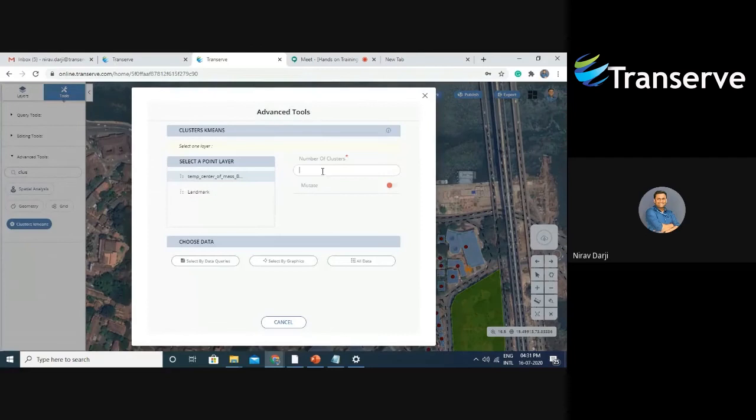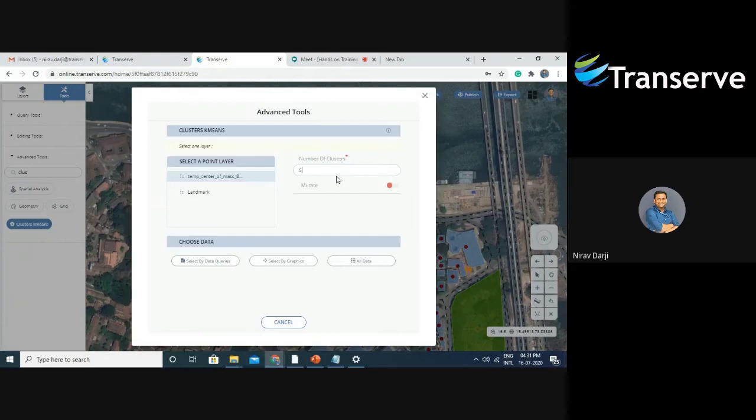For cluster k-means I will create 5 classes. Before I implement this tool, I just want to explain a use case of cluster k-means, where exactly we are using this tool.